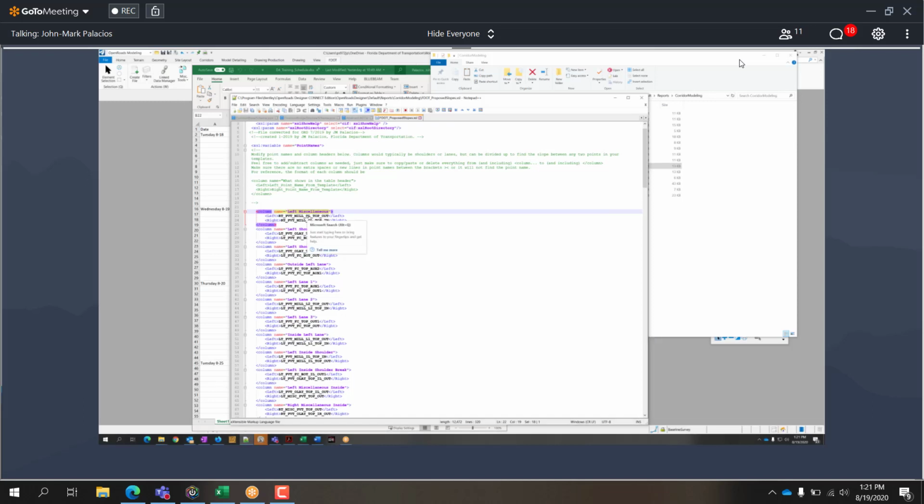Let's say we have left shoulder, and then it has left widening, and then it has left lane, and then this right one, right lane, right widening,